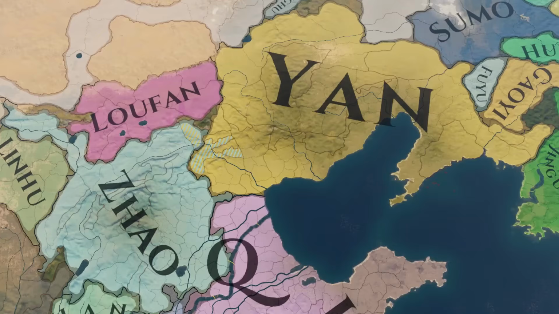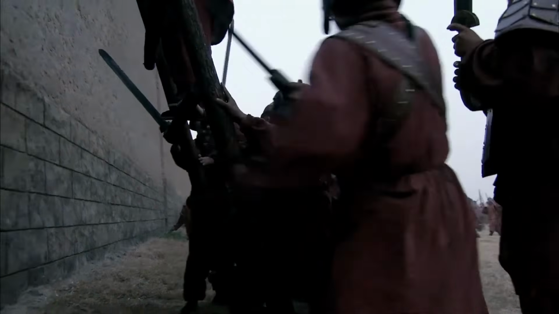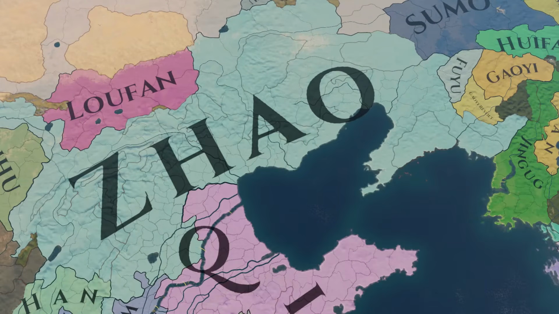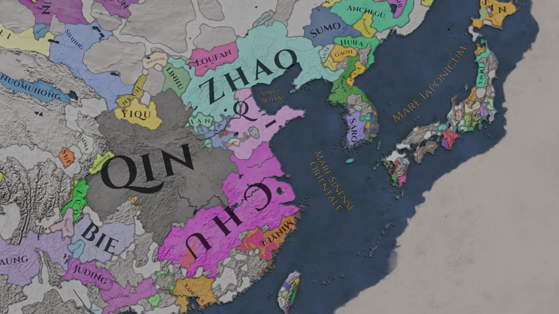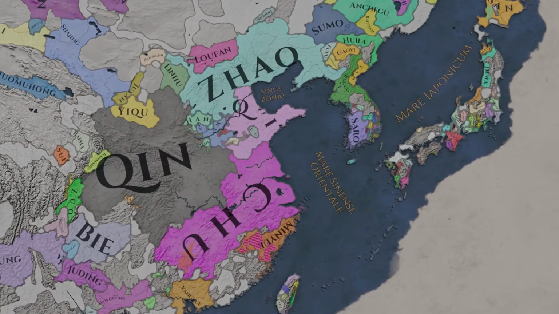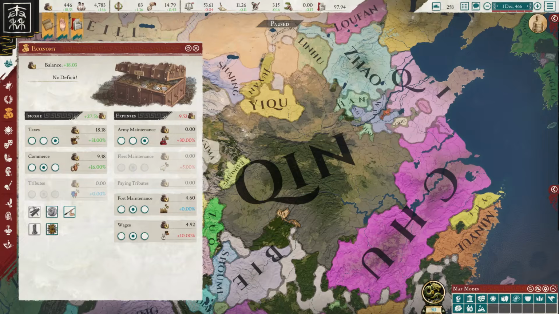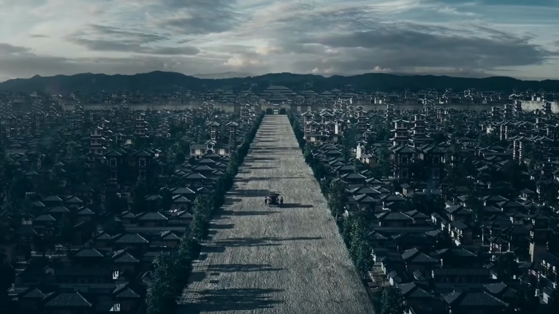For example, in 288 they did not enter the war between Zhao and Yan, wanting to weaken both sides of the conflict and not expecting such an easy victory for the former. As a result, the Zhao became equal in power to the Qi and Chu, but the Qin hegemony was not greatly affected. Having significantly increased the budget of the state, the Qin ruler initiated the renovation of the capital and the construction of a large royal palace,